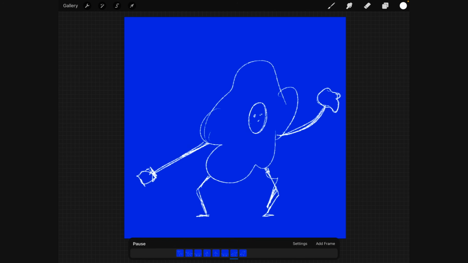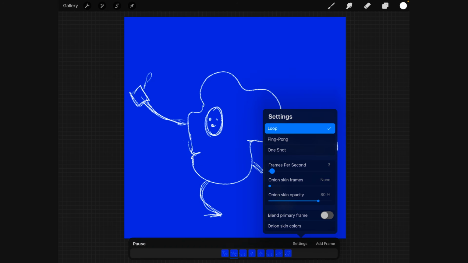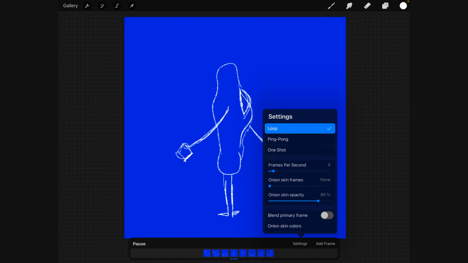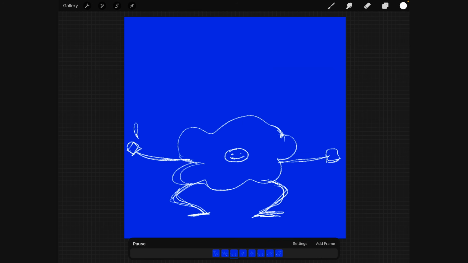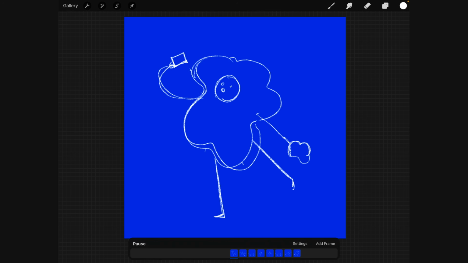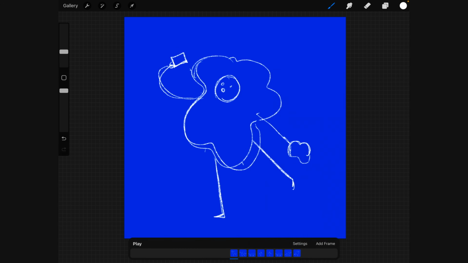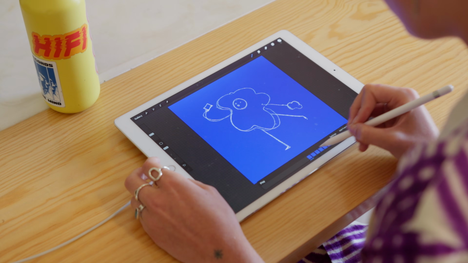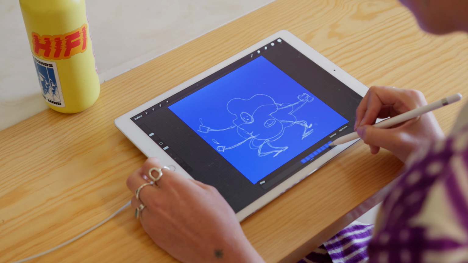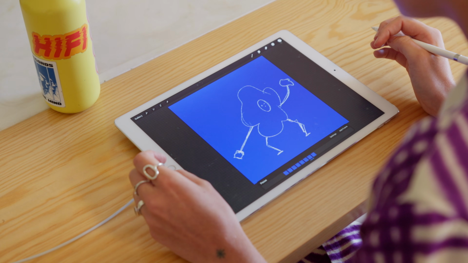And you can see now that the frame rate that we were working on before is a little bit slow, so we can't really see the movement. We can change this frames per second up a little bit and see how we're going. Cool. So now we can see our idea before, it's not really looping, like the idea of having a looping thing. So let's change this in settings to a ping pong motion, which basically means it's going to move along and then ping pong back and forth instead of looping back to the start. I think that is going to be nicer for this.